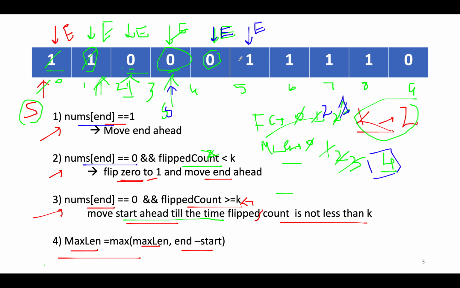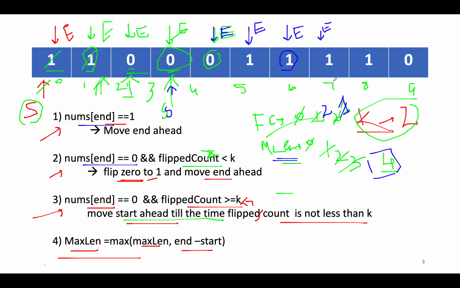What we are going to do, we'll move ahead the end pointer. End gets updated to 6. 6 minus 3 is 3. So we will not update the max length variable. The current element that we have at 6 is 1. We'll update the end pointer to the next side for the next iteration. End points to 7. 7 minus 3 is 4. The value remains same. 4 is equal to 4, max length variable, so we'll not update it.